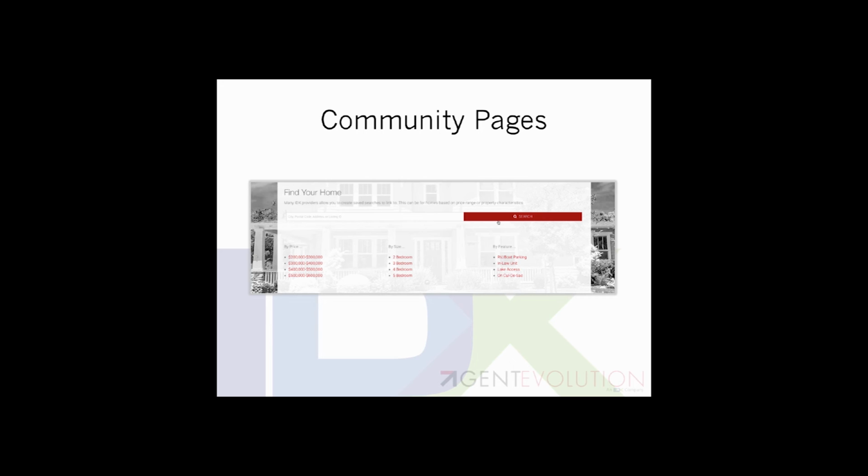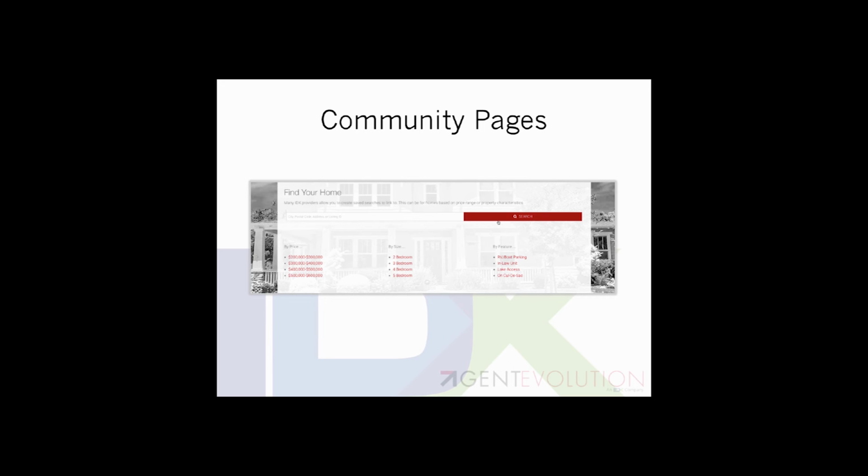You also may have by feature. And this is going to be something that varies from area to area. I live near a lot of lakes, so boat and RV parking is very important. Do they have an in-law unit? Is there lake access? Is it on a cul-de-sac? Does it have golf course access? Gated community. There are so many different features that could be important to people, and you want to make it very quick and easy. What if I said, I've got a boat, I need boat parking, and I want to live